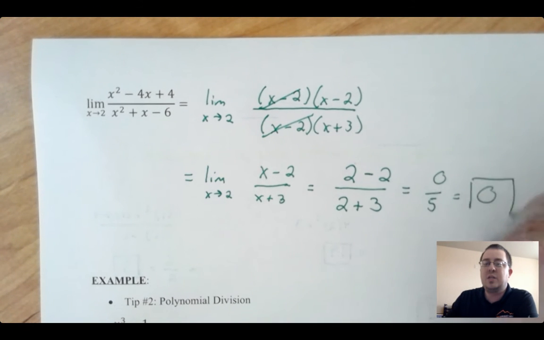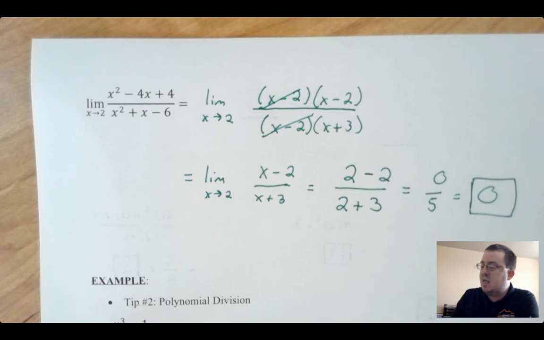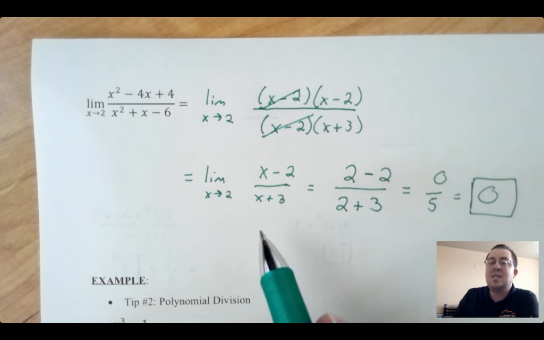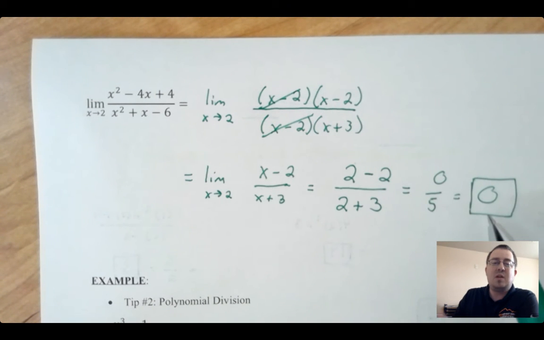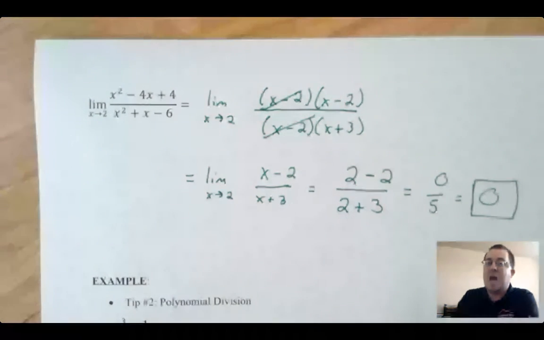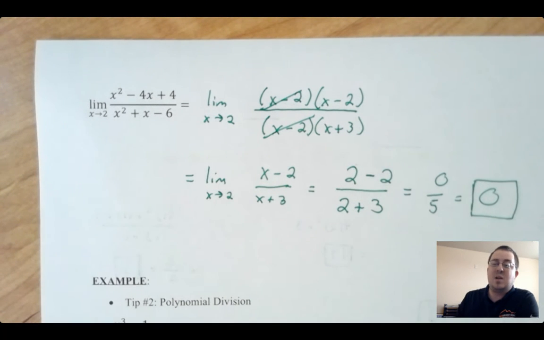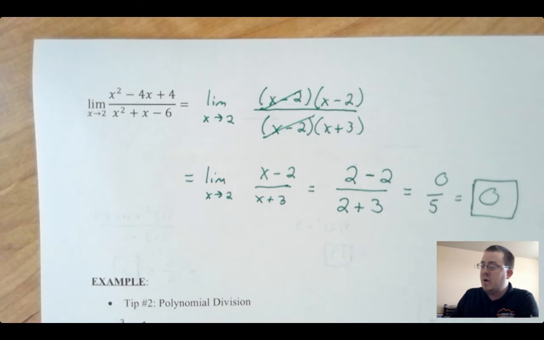So my function, even though it's undefined at all these points, does indeed have a limit. Even though if I try to plug in 2 right away here, I would have gotten 0 over 0, I can cancel some things out and then get an actual answer of 0 over 5, which is just 0. As long as 0 is not in my denominator, I'm cool. Okay,